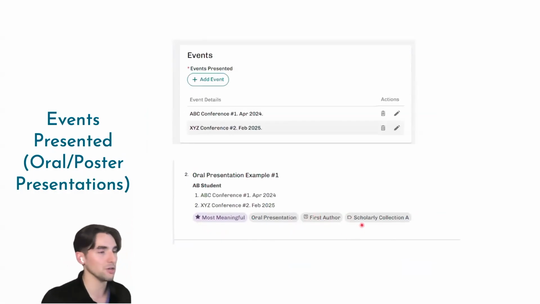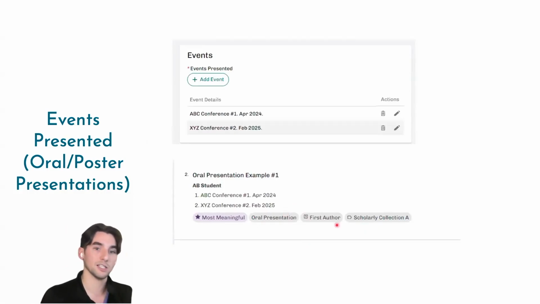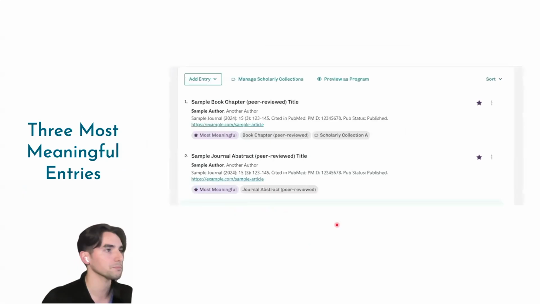The program can actually use all these filters and tags to get your research items with a little bit more clarity. So they might say, I only want to look at most meaningful research items on this applicant. I only want to look at publications or presentations or things that were first author. It's going to allow them to do that, or just to view everything from one scholarly concentration all at the same time. Yep, this is what it's going to look like when you designate your most meaningful research